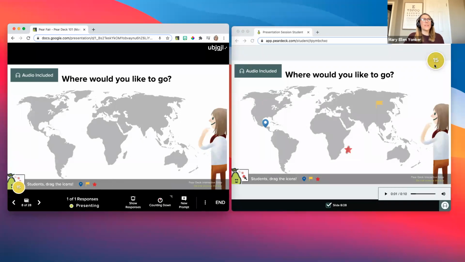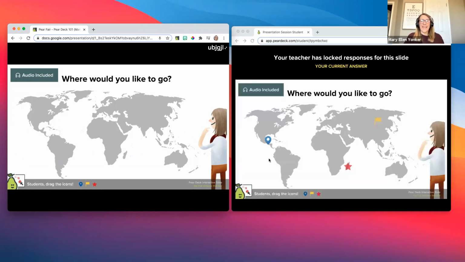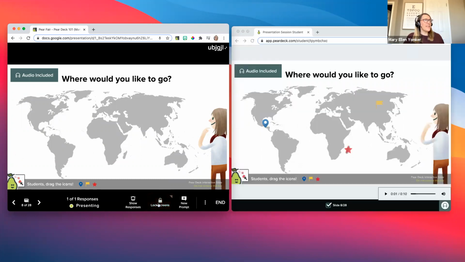So if the timer is covering some important information, it will move out of the way. It turns from green to yellow to red to let the students know how much time they have left. And when it gets down to 0, the screens are automatically locked for the students again. On the teacher side, I can unlock the screens and move on.